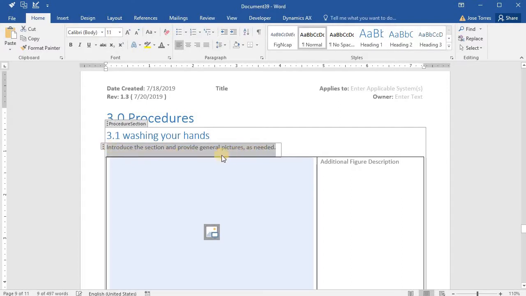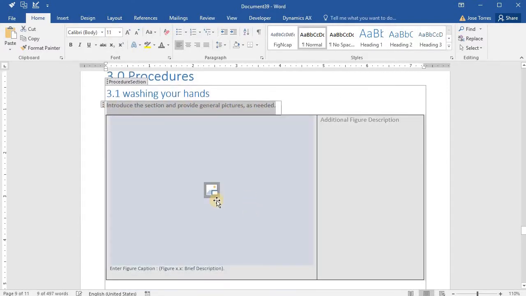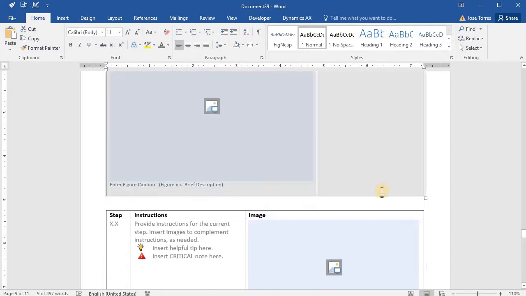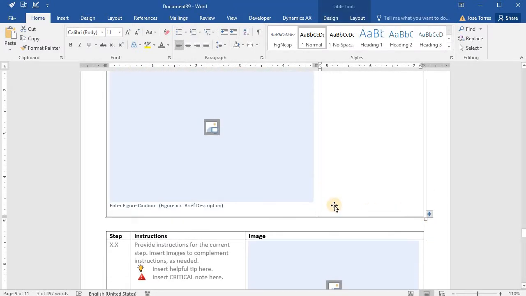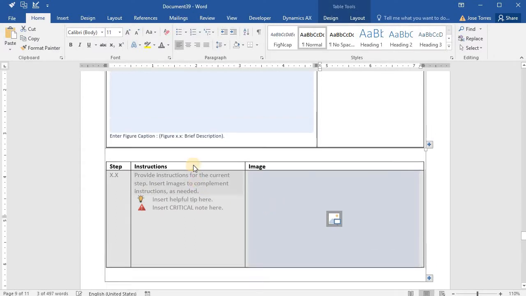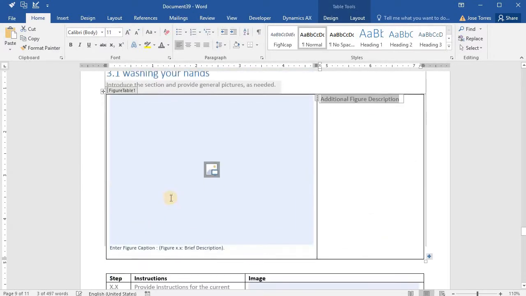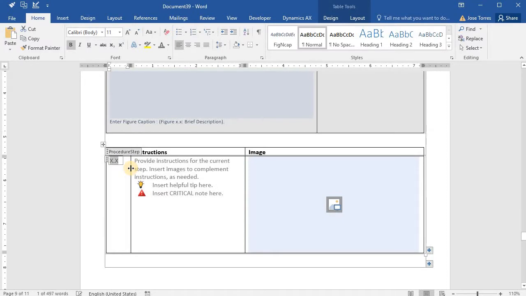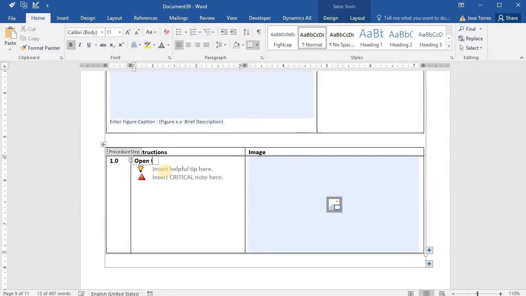Provide some general introduction if needed, a picture here if you need one. If you need two pictures, again, there you go. And then here's where we start listing the steps for this section. So how am I gonna wash my hands? Okay, so we go step 1.0, then click here, open the